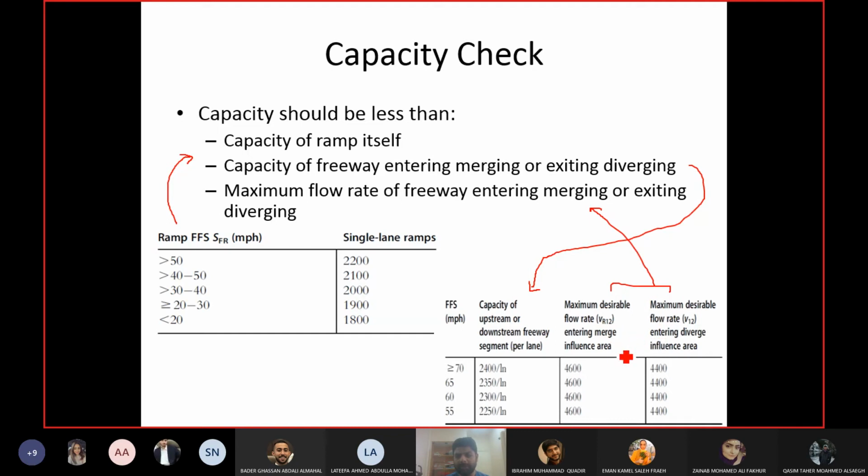And again, now these two values are not per lane. You can see here they are actually more than 4000, all of them, and you can see they are in the range of 2000 because they are per lane. These values are per lane, but these values are for the two adjacent lanes. So they are basically for two lanes. These values are for two lanes. Okay.